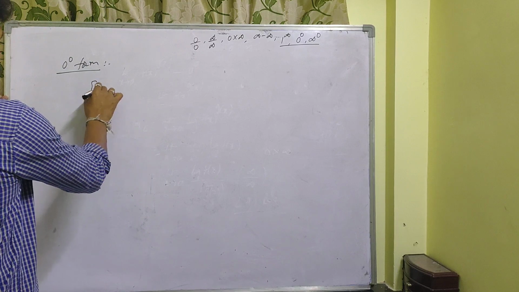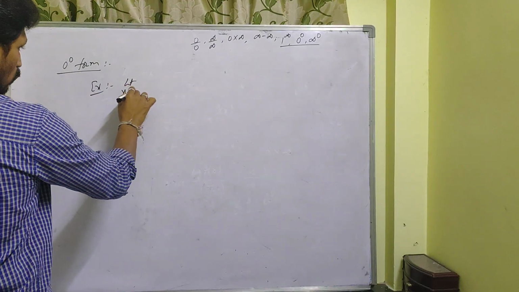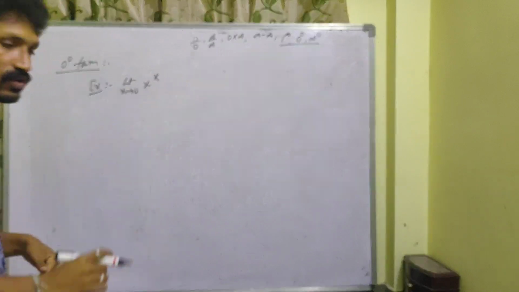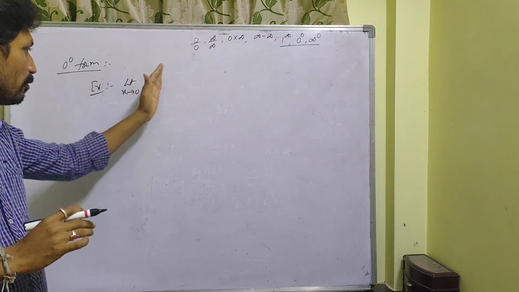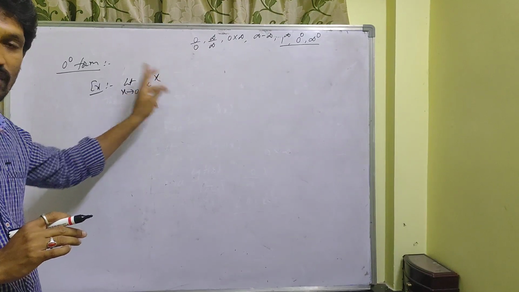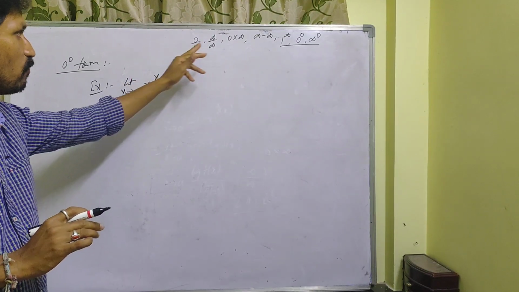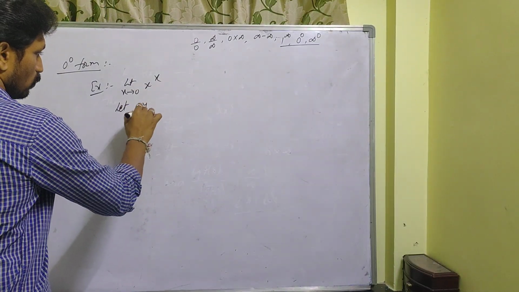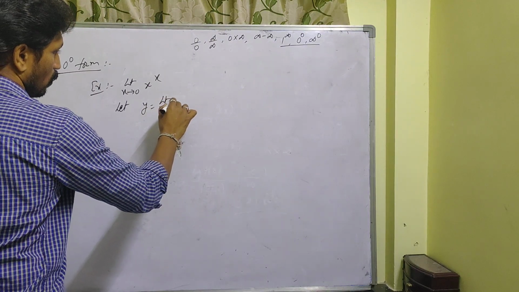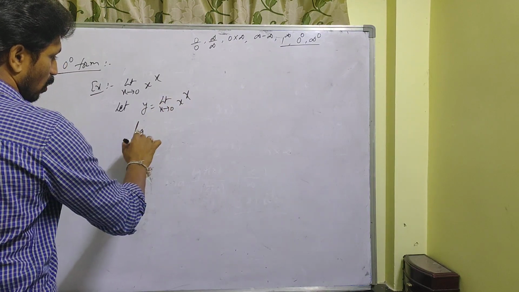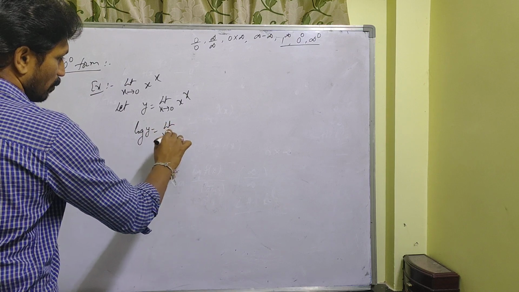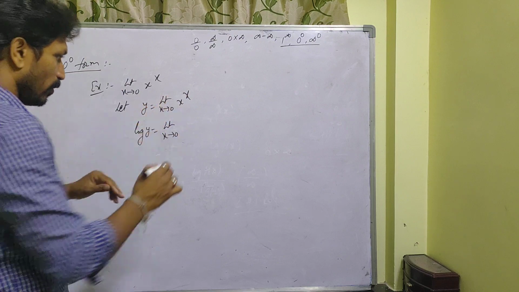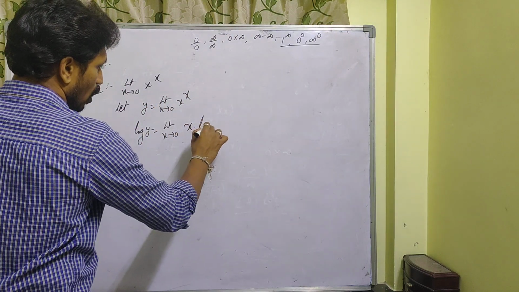Okay, so take one example based on this. Limit x tends to 0, x power x. Take a simple example. Whenever you have limit x tends to 0, x power x, it becomes 0 power 0. So it is in the form of 0 power 0. Let y be equal to limit x tends to 0, x power x. Take log on both sides. Directly I am writing limit x tends to 0. When you apply logarithm, this x comes to the front, that is x into log x, you can write.